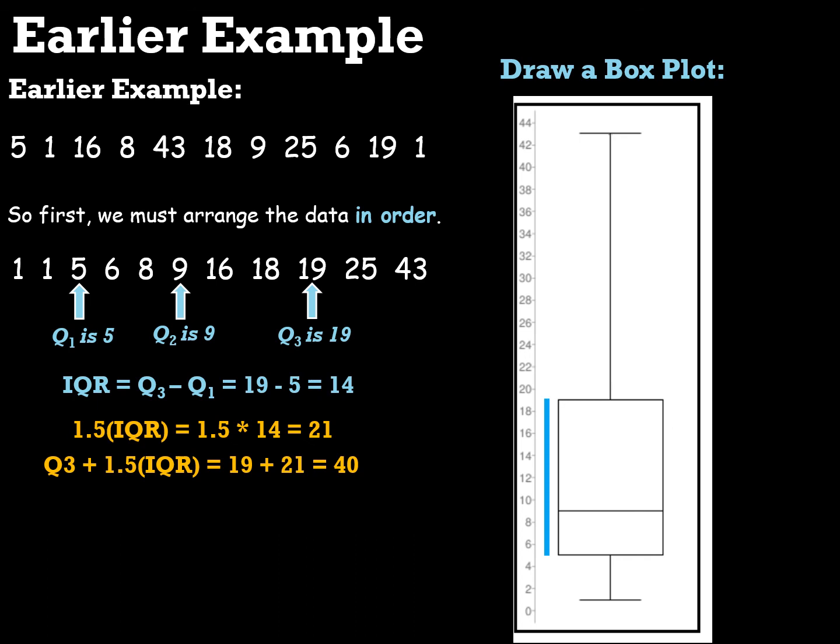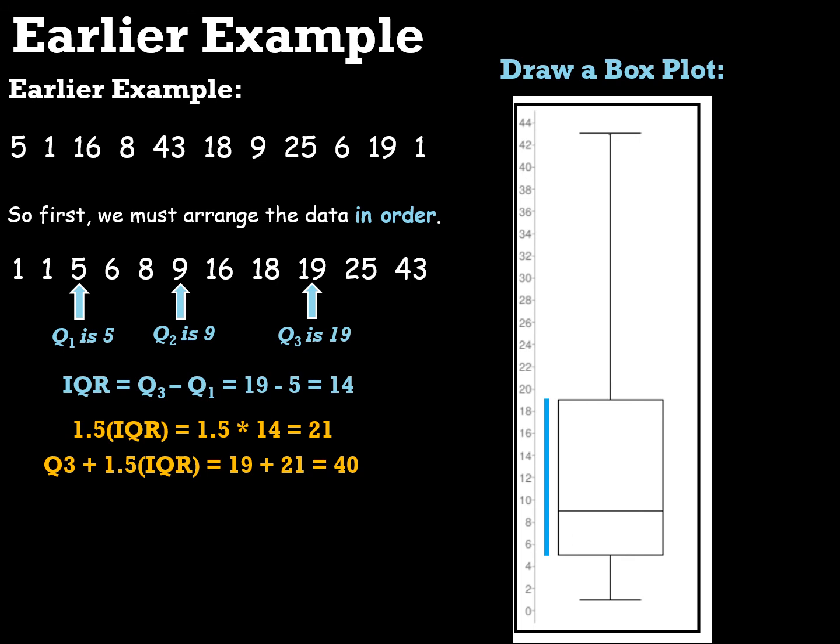That would be the upper bound at which anything above that would be considered an outlier. Our highest data value is 43. So because 43 is above this Q3 plus 1.5 IQR, we would consider it an